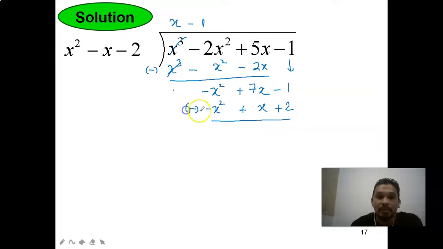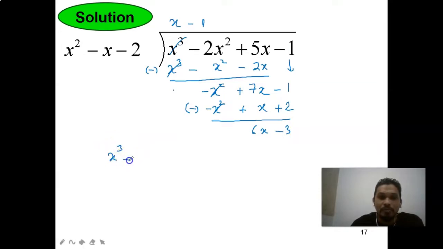So negative x squared, negative times negative becomes positive. So negative x squared plus x squared, 0. 7x minus x, 6x, and negative 1 minus 2, negative 3. So then